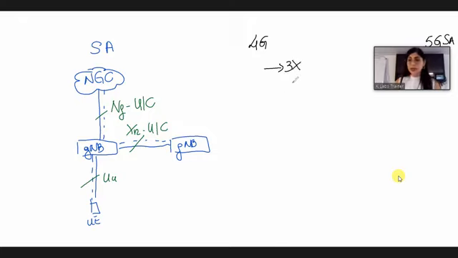Then we can introduce the 5G core network and move to option 7X. And then we can remove the 4G dependency and reach option 2. This is option 2.